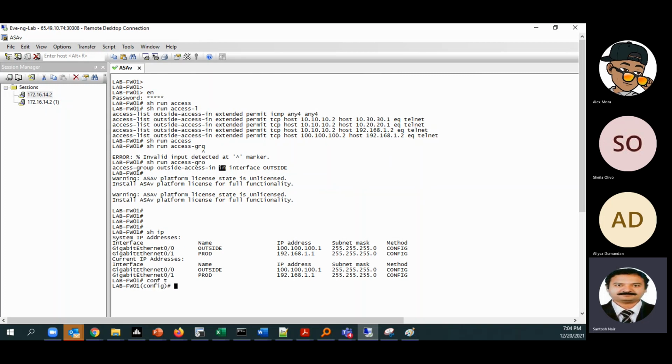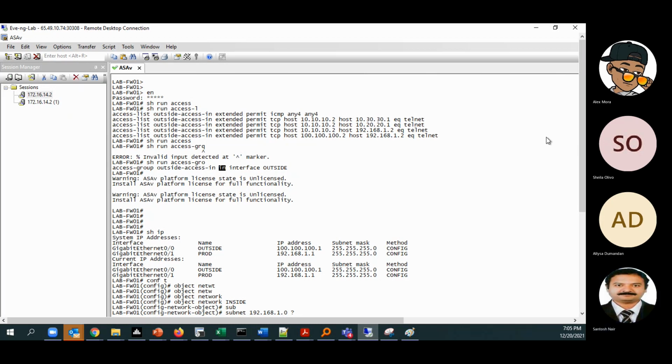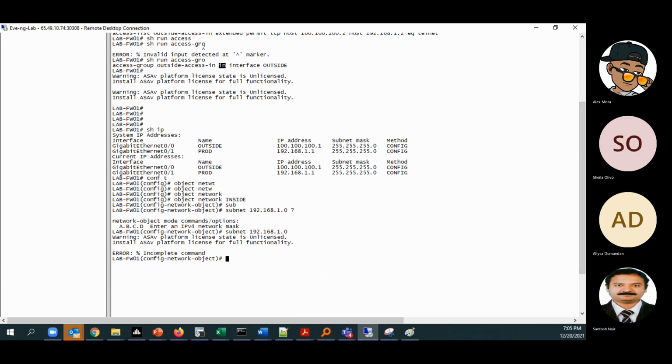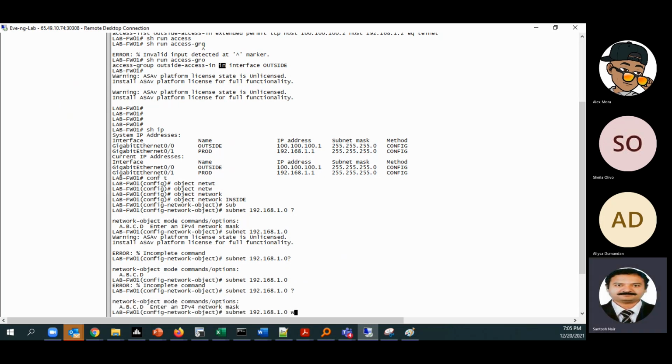If we do some config, you can say object network, network inside net, with subnet 192.168.1.0 and mask 255.255.255.0. So we have given the subnet here.